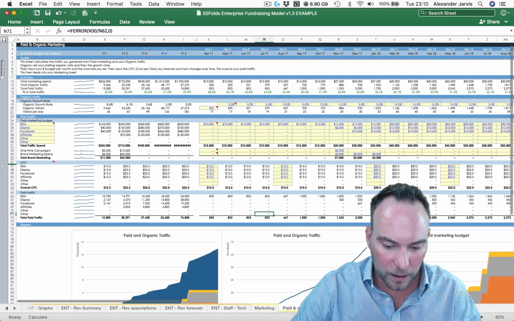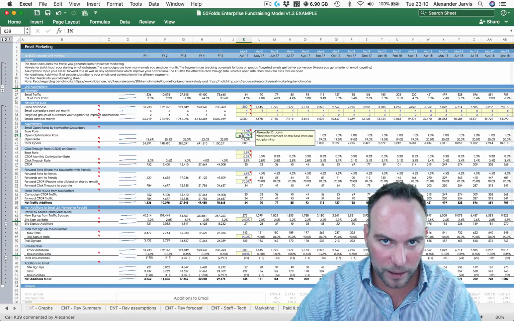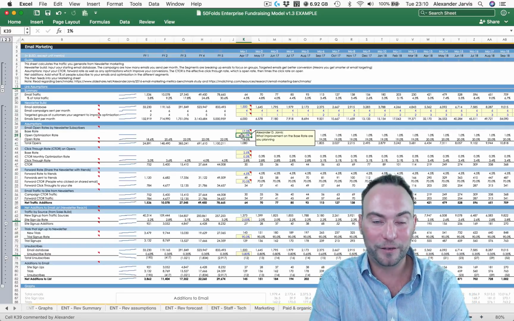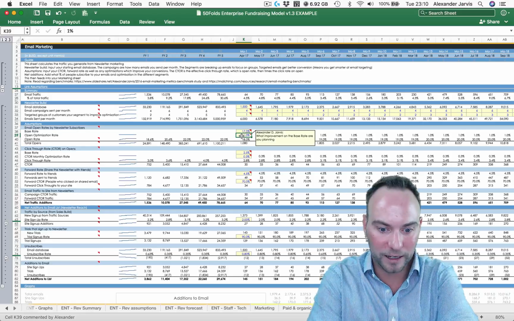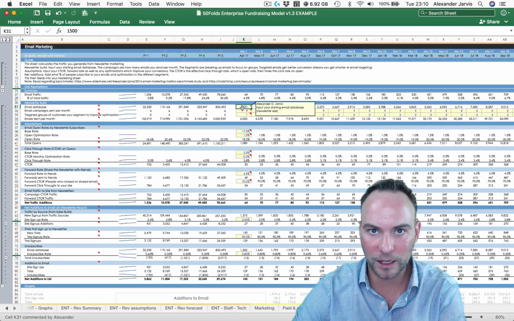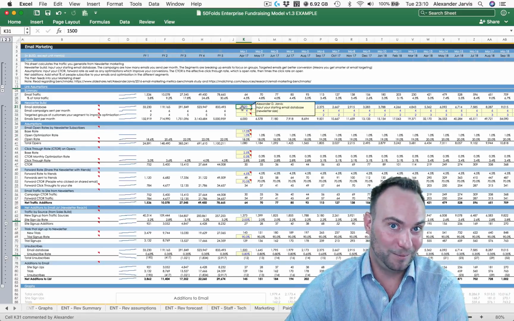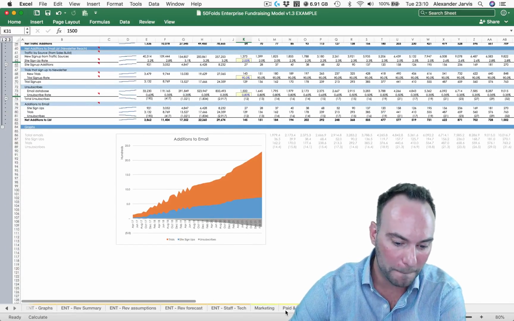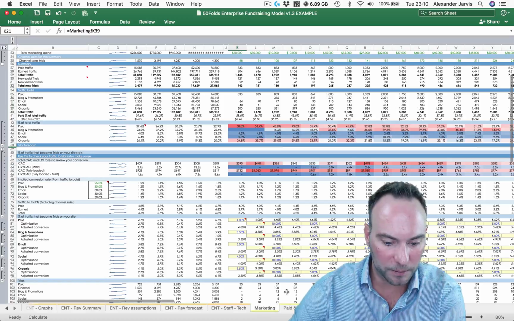Next, email. This is one of the things you're not going to care about. Who gives a fuck? You just leave everything here as it is, except for what your current email database is, if you don't really care, to be honest. And if you see the contribution for the additions to email being too big in your marketing.